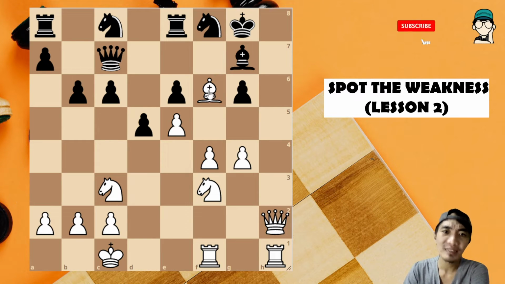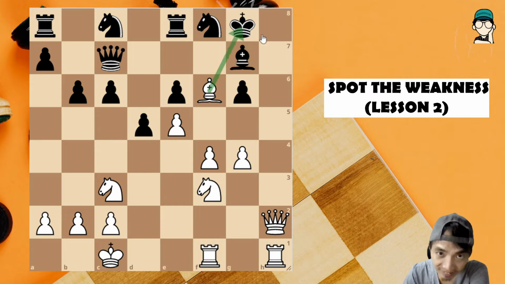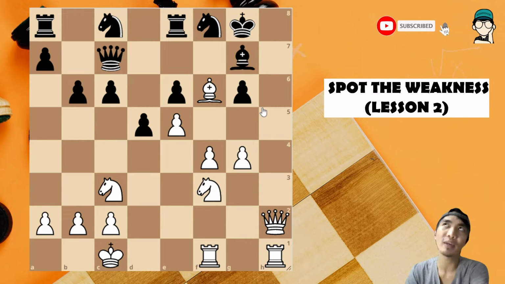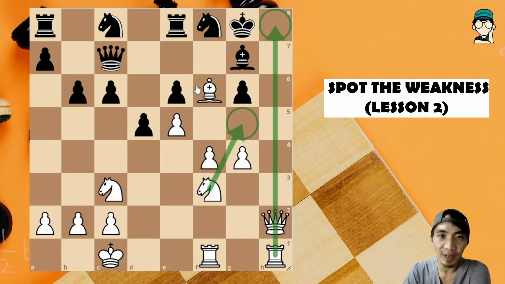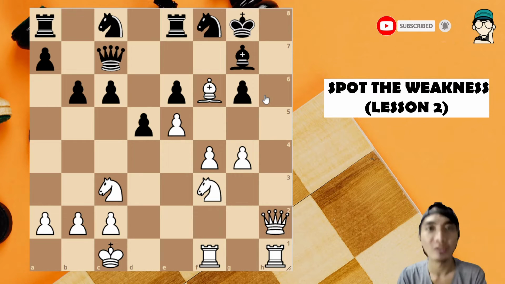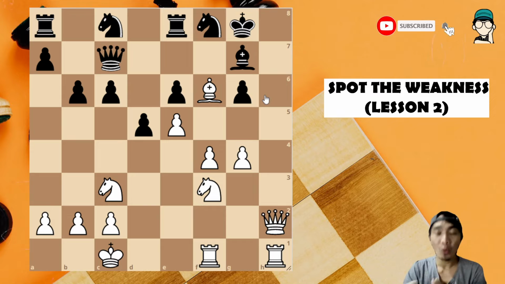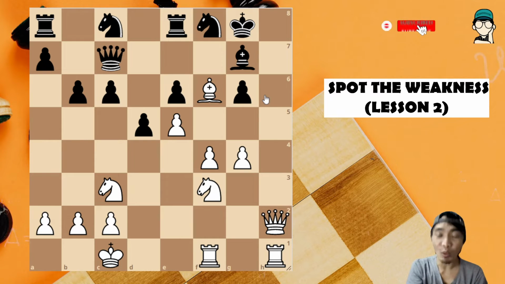What else? This bishop is doing pretty well, covering this one, and especially these diagonals. We can use the longest one, the knight jump, and this bishop here, all together in coordinated moves, to checkmate the king in 3 moves. Now, since you understand the role and function of each of your pieces and how to spot weaknesses,